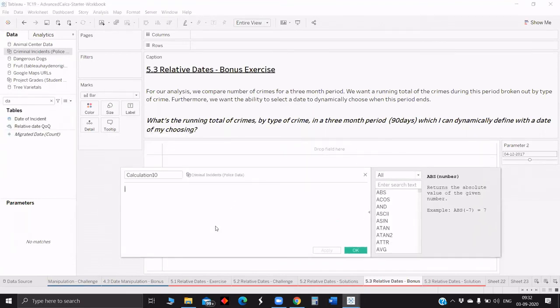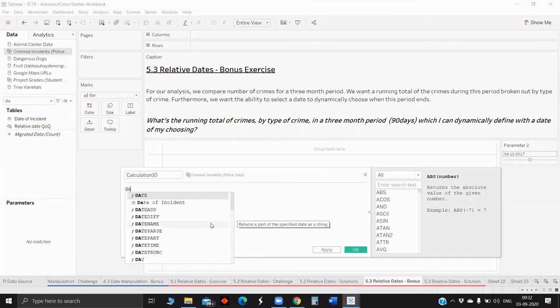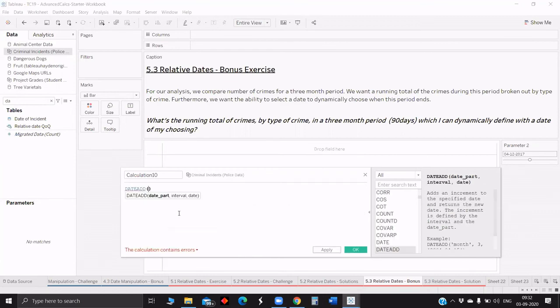First we will get the date which is 90 days before the current date chosen using the parameter. For that we will use the DATEADD function. Date part is day, and what is the interval? Minus 90.